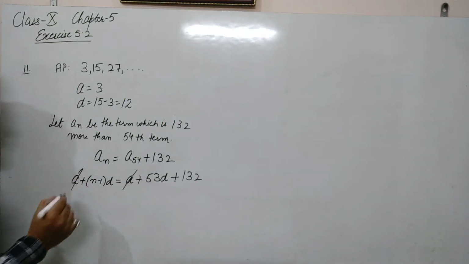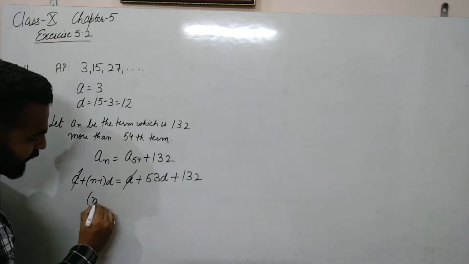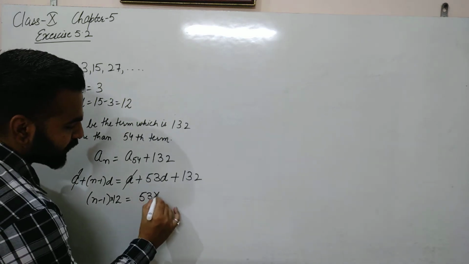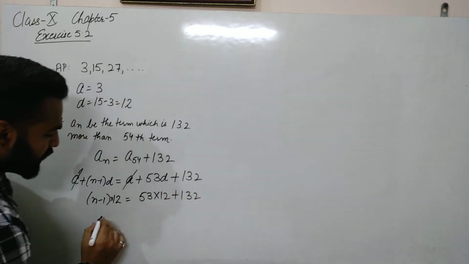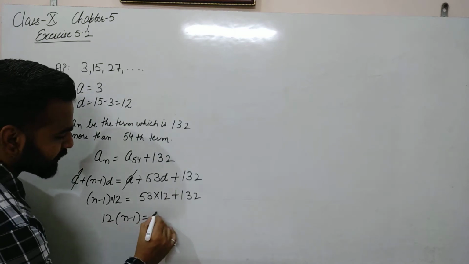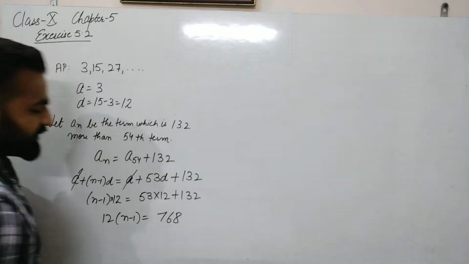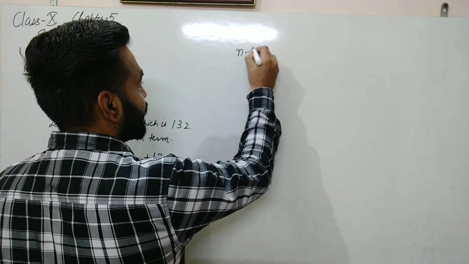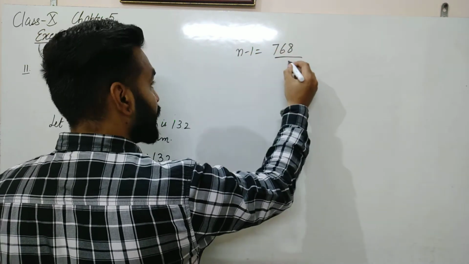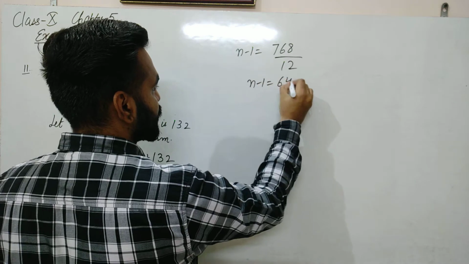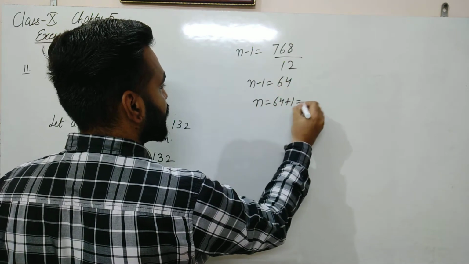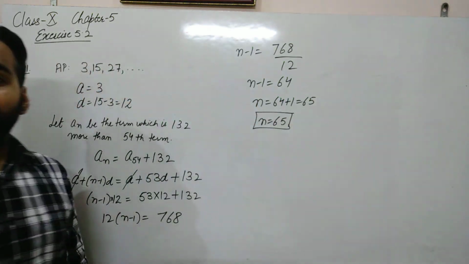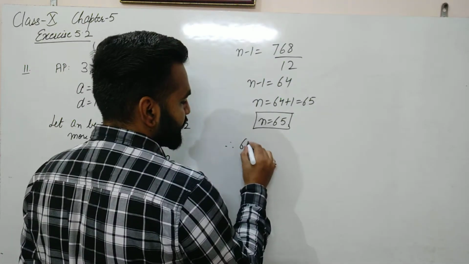So here this A will cancel out. So this will become n minus 1 into 12 equal to 53 into 12 plus 132. So this will be equal to 12 into n minus 1 equal to, the sum will be 768. Clear? So n minus 1 will be equal to 768 by 12. N minus 1 is equal to 64. N will be 64 plus 1, 65. So from here we can say that therefore 65th term